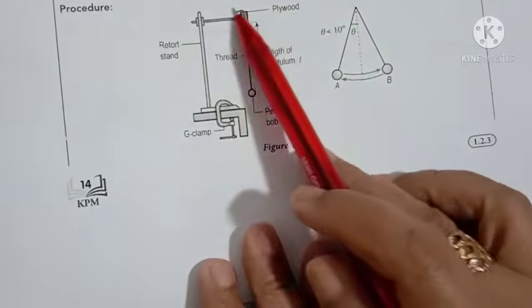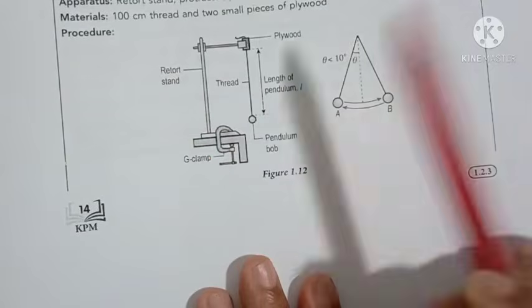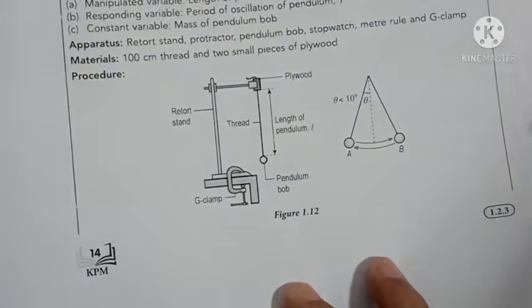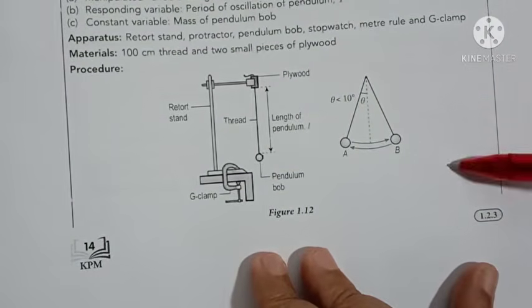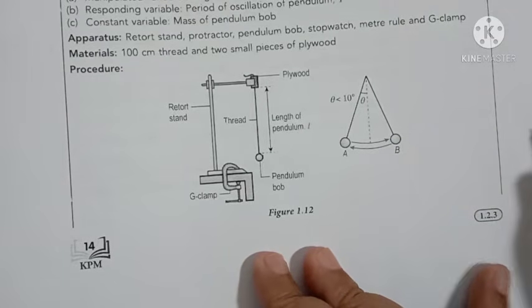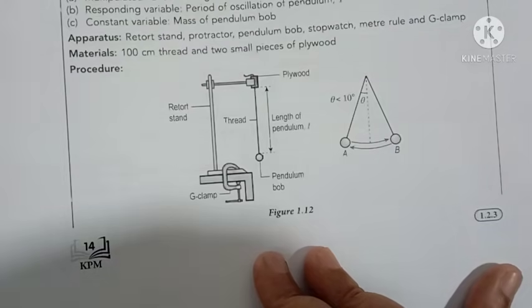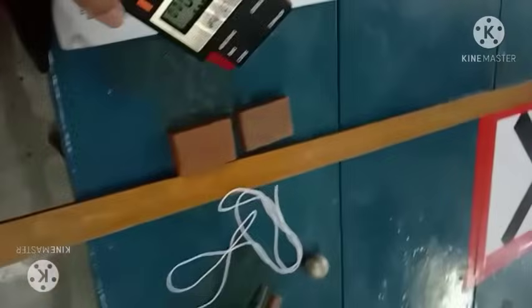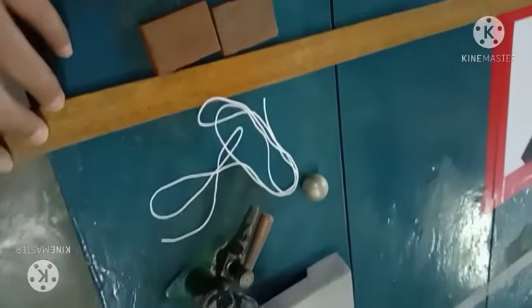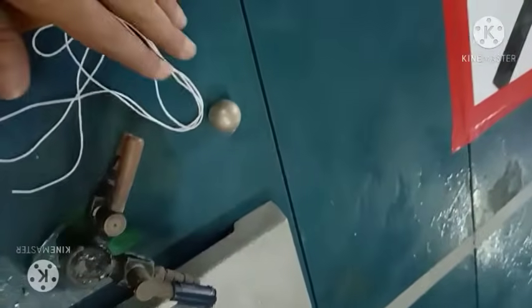So you need to arrange all the apparatus to form like this. Okay. What you do, you carry out the experiment. You must read through all the procedure carefully and then record all the readings in the table provided. What we need for this experiment is a stopwatch. I use a digital stopwatch. Two pieces of wood, you can use a coin, a meter rule, thread, a steel bob, and this is a